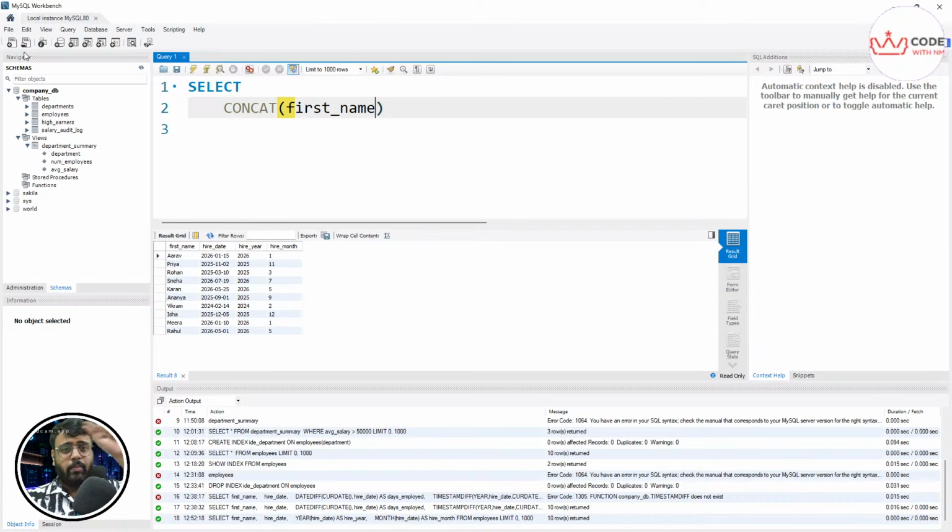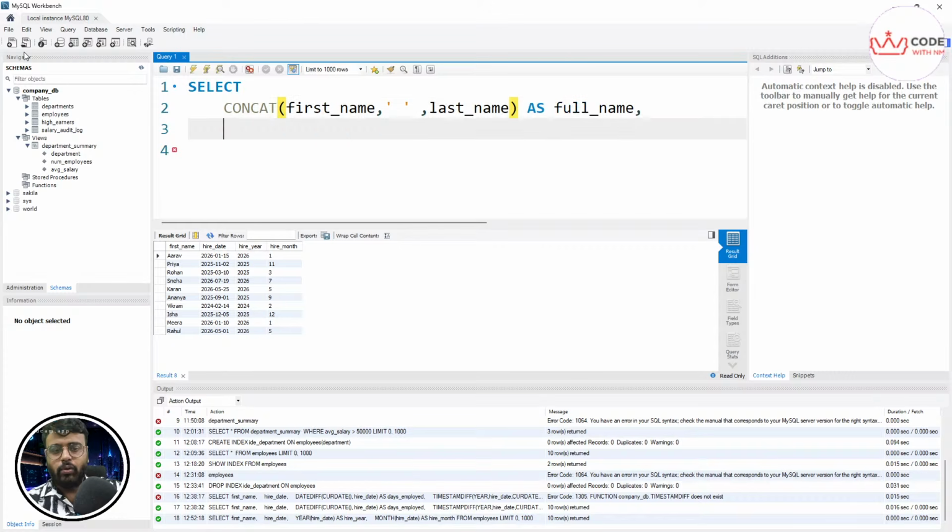I don't want my complete name in one go, it is unreadable. So let's have a space in between, and it's the same as Python. This will create a space, and then last name, and we need a new column name. So I will call it full name. Simple. Same thing we will do with upper,